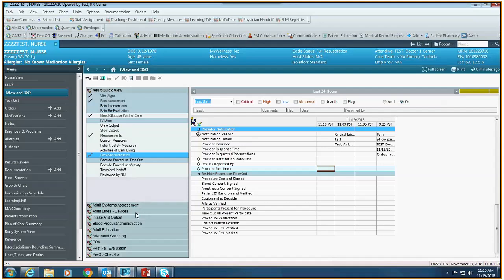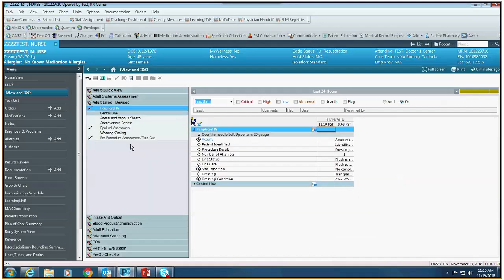Okay. So one thing I want to show you is under Adult Lines and Devices. So most of our patients do have some sort of access. We'll go ahead and practice with a peripheral IV. If you see this little box here, it is something called a dynamic group. So a dynamic group is used when a patient could have multiple lines. So for instance, they could have an IV to the right upper extremity as well as the left upper extremity. You can see here I already previously documented that this patient does have a 20 gauge to the left upper arm,